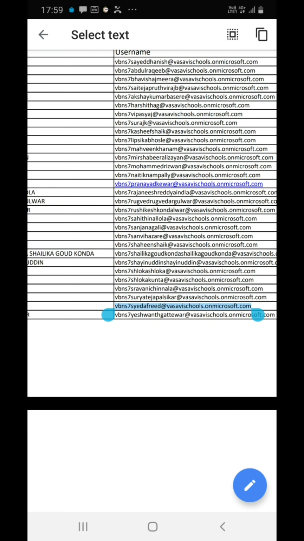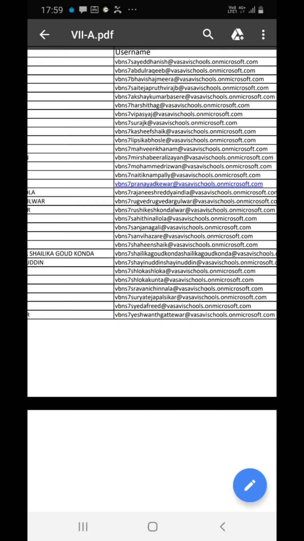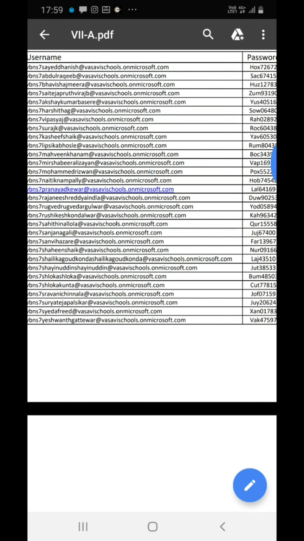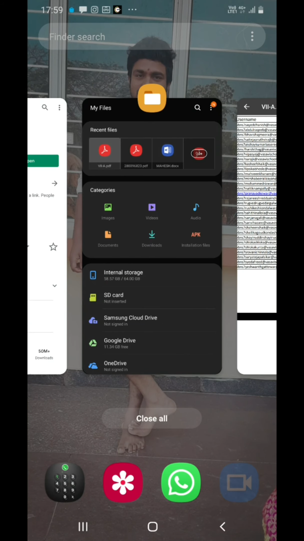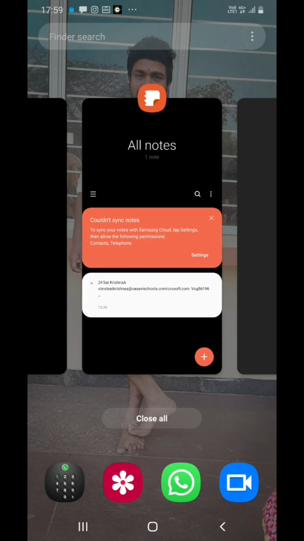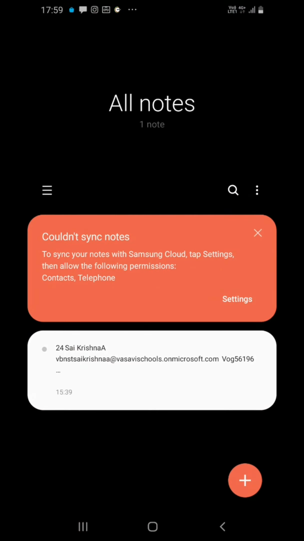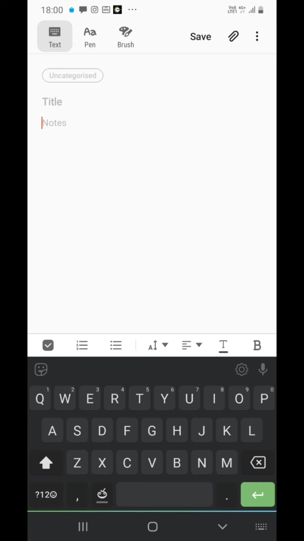So why am I copying here? Because the username for Microsoft Teams is usually very long, so you can't type it in. You have to copy it. Once you copy it, you should not paste it directly into Teams. In your phone the notes app will be available, so go to the notes. In my phone Samsung Notes is available. Go to the notes, take a fresh one and paste your username here.